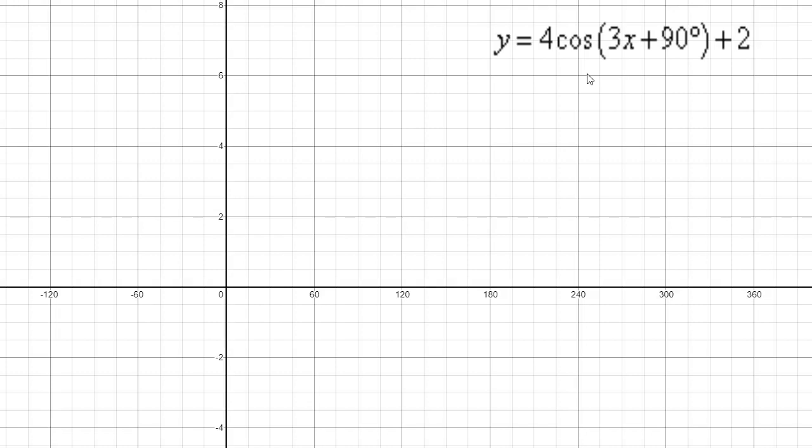And I notice right away that this equation is actually not in the correct form for a proper interpretation of the horizontal phase shift. So I will first have to factor out the 3 from the cosine argument to get y equals 4 cos(3(x + 30 degrees)) + 2. And just be sure to do this yourselves before you get too far into the graphing. So now that we've got that done, we'll start with